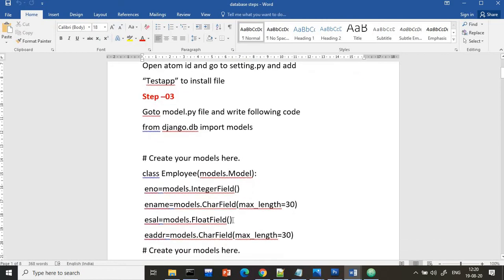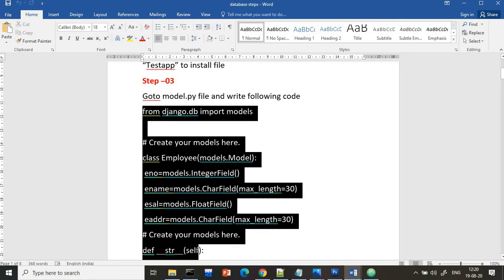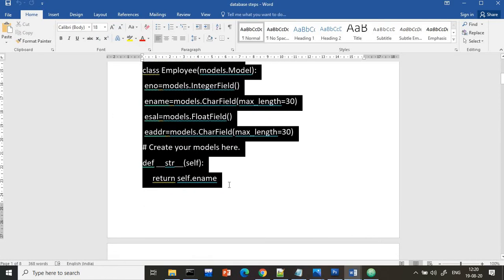Now it is done. Now the next step we have to do is open the models.py file. Now the first thing we are going to learn is how to create a database. Sir, how to create a database? So we have to write the database code to create it. Now it is not like other programming languages where we write create table name, nothing like that. So here I am taking the code which I already wrote. I will explain it to you line by line. To save time, I wrote everything in a predefined way.